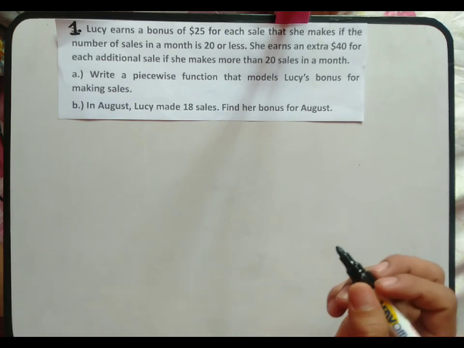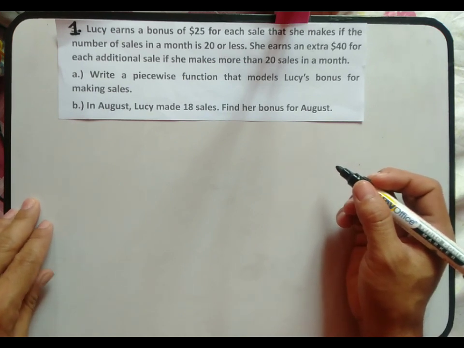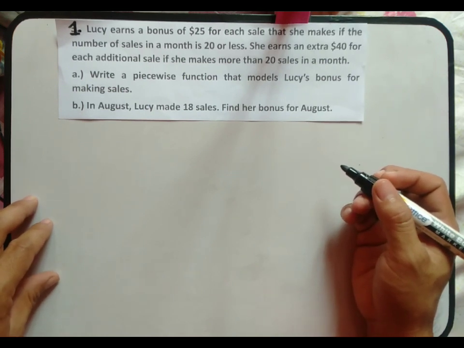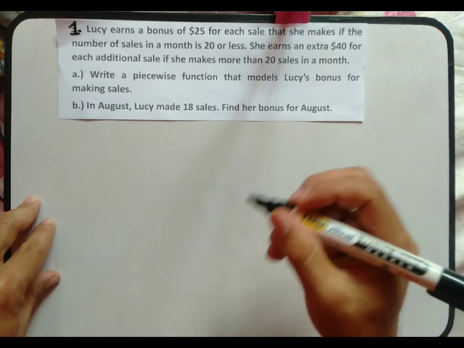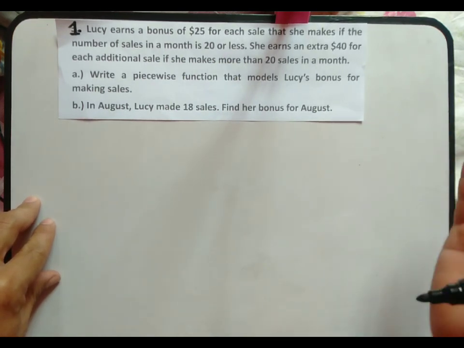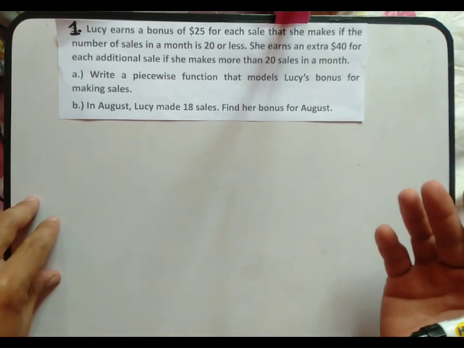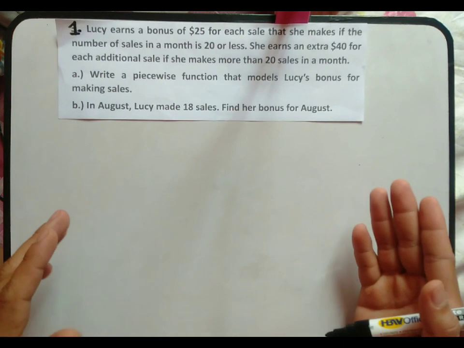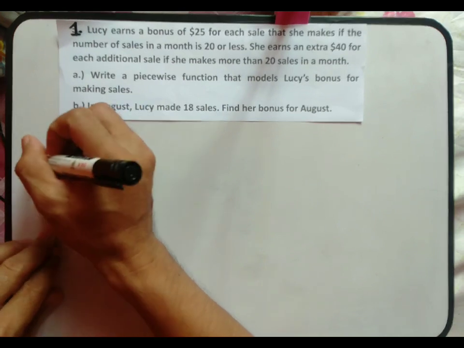Okay, so going back to the given problem, kapag nakabenta daw si Lucy ng 20 or less sales in a month, then magkakaroon siya ng bonus na $25. Okay, $25 for each sale. So kumbaga, yung $25 na yon, imo-multiply yon depende sa number of sales in a month. And then, she will have an extra $40 kapag nakagawa naman siya ng more than 20 sales in a month. So, for letter A, we have